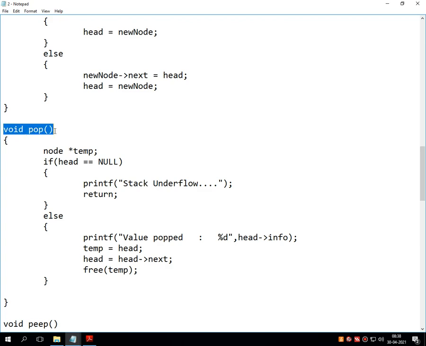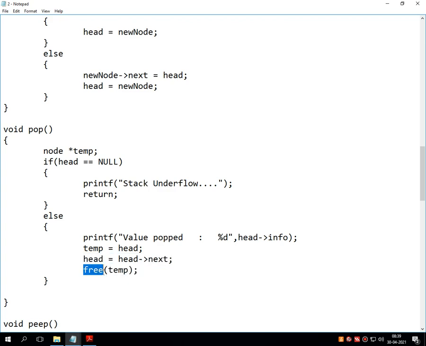Whenever the pop operation is called, it checks for the exception called underflow. If this condition is false, the else statement is executed. In this else statement, it displays the value popped and shows the informative part of that header by fetching the value from the header, like head reference to the info, stored inside a temporary variable, and goes to the next location.